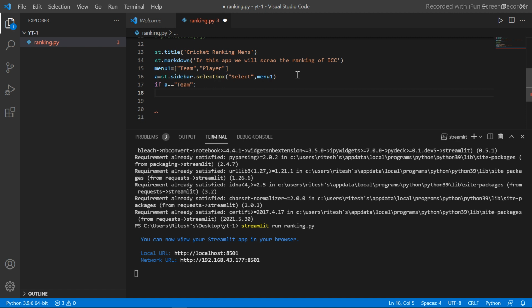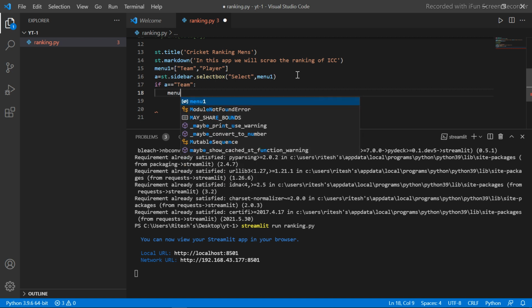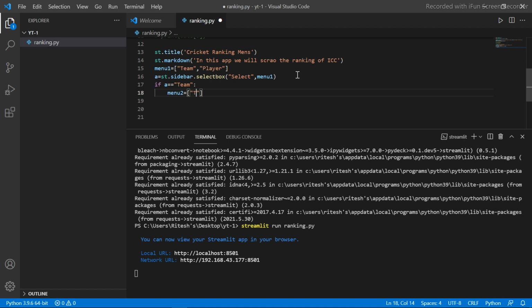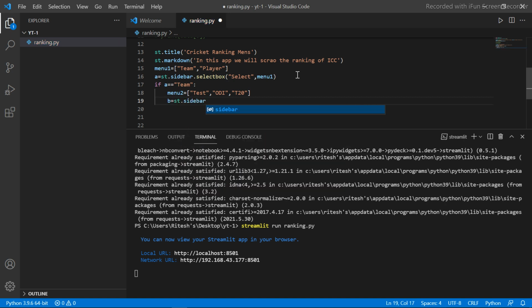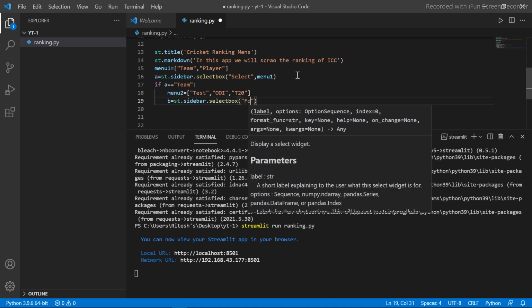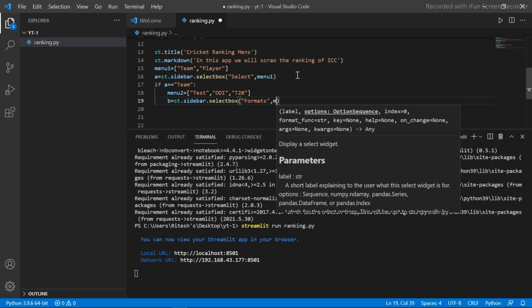The basic structure was that we want to see the team ranking in each format, like ODI, Test and T20. So I'm going to make one more select box from which we can select the format. One list which contains Test, ODI and T20, and then I will make one select box in the sidebar, format, menu 2.